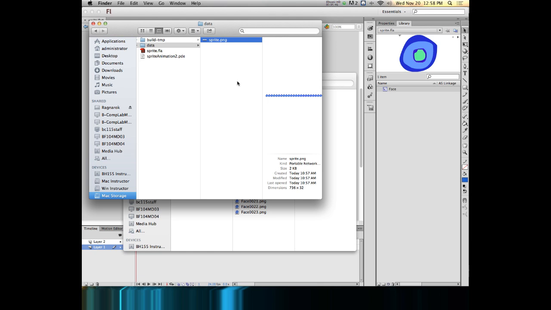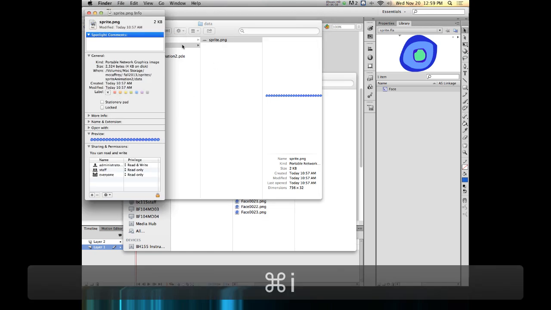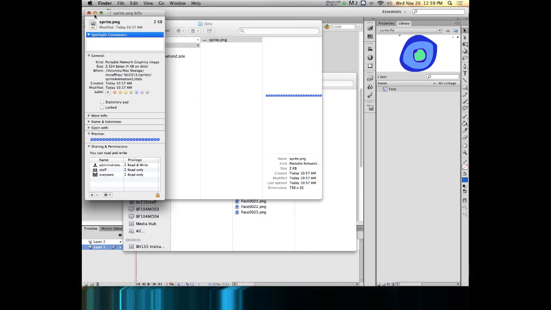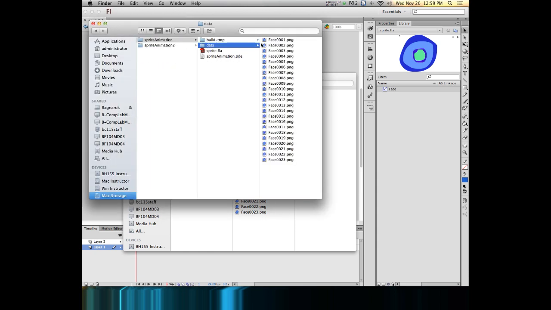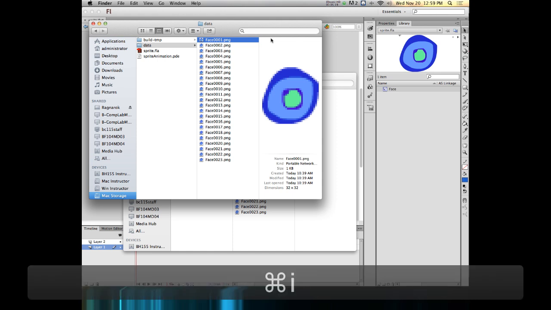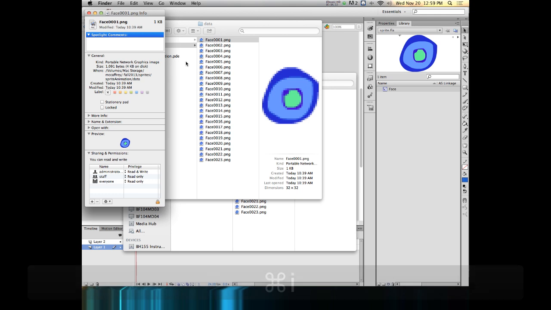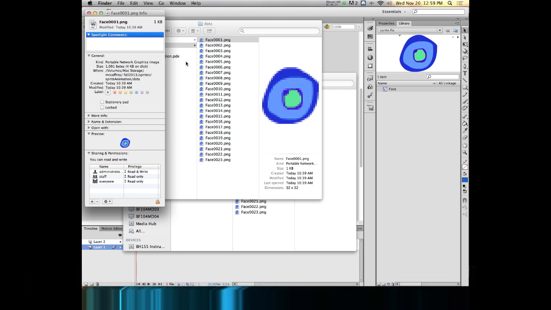Advantage of doing it this way, where the graphic is now being exported as a single graphic, is if you envision that an end user is, say, loading your file on a mobile device. Well, to load this graphic file into my program, I have to load one file. And this particular file is 2,324 bytes in size. Now, if we go to Sprite Animation number 1, we will notice that this is 1,091 bytes. But there's 23 of them,